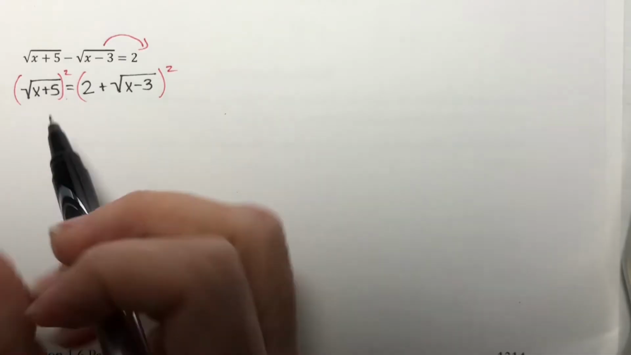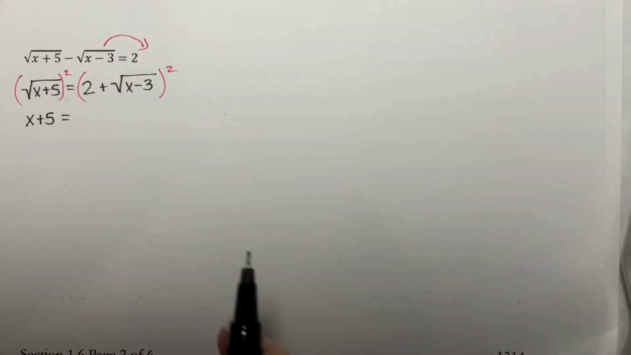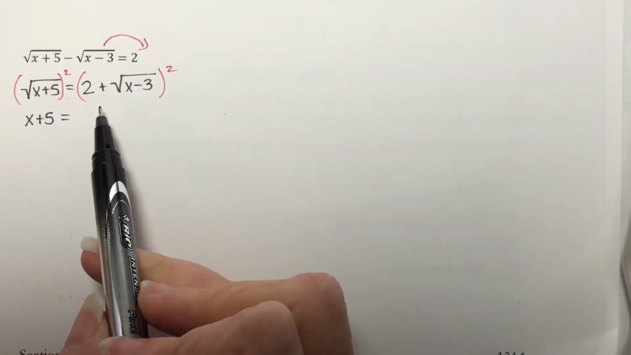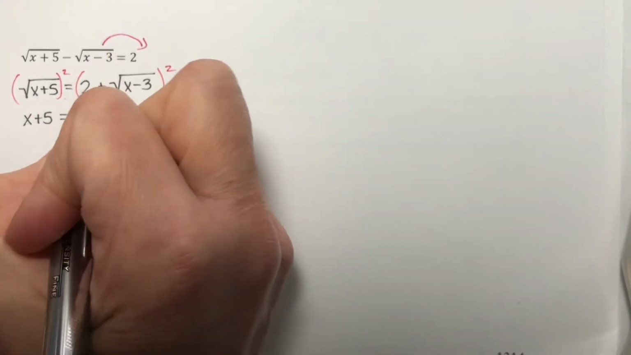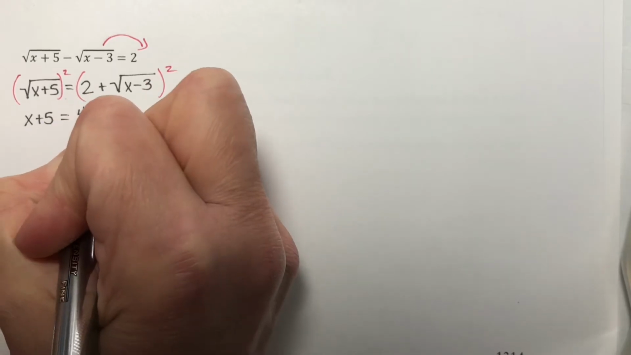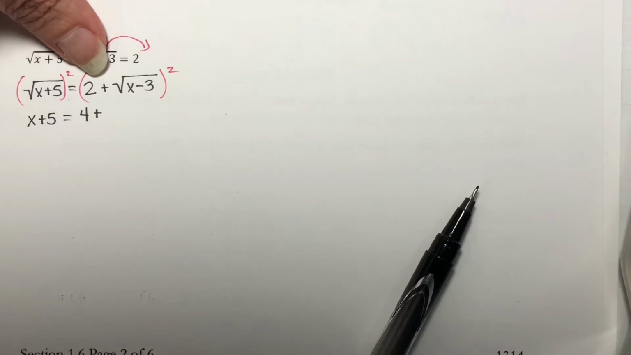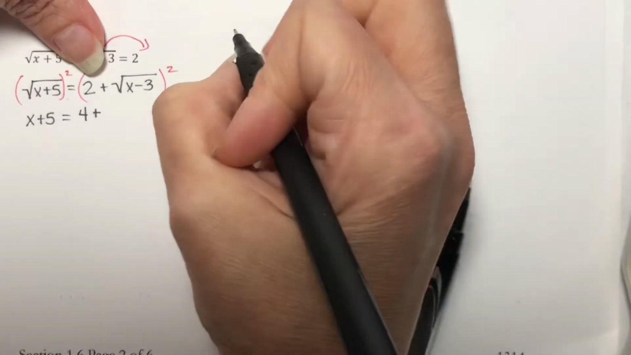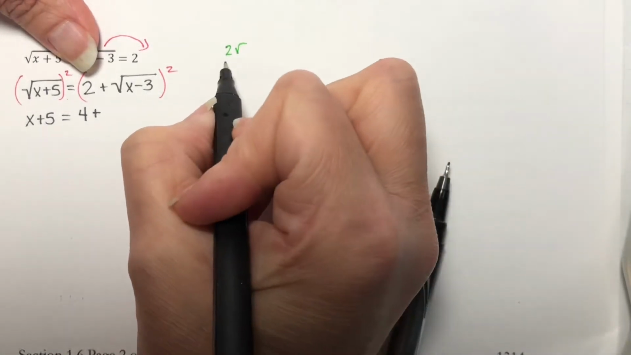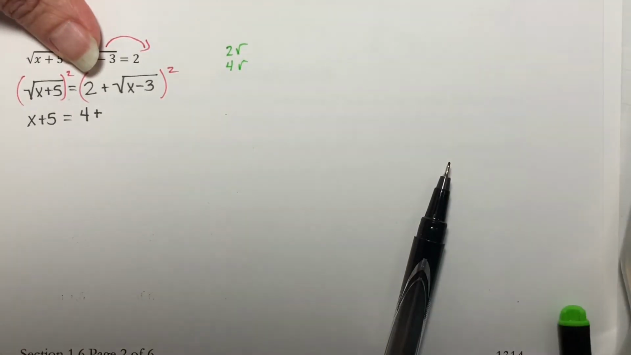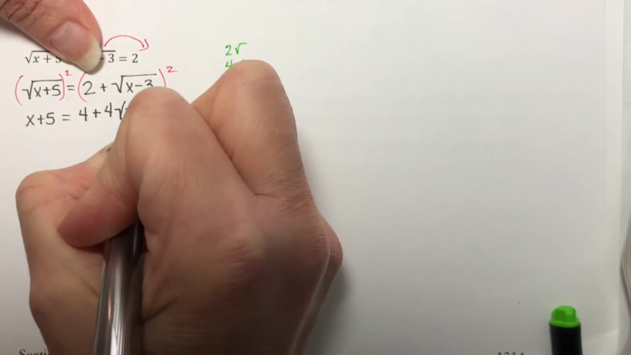Now the left-hand side is easy. You get x plus 5. Now this side, we can still talk through it the way we did before. You square your first term, which is 4, plus. You multiply these two things together, which just as shorthand is going to be 2 times the square root. And then you double that, which is going to be 4 times the root. So this is 4 times the square root of x minus 3